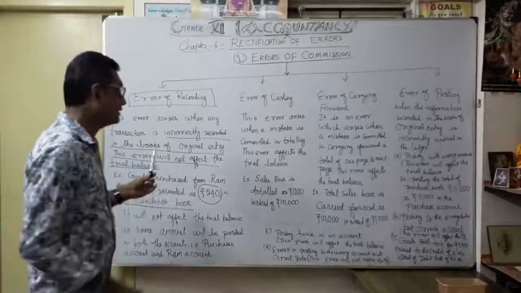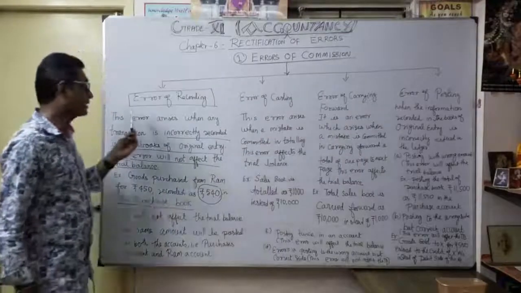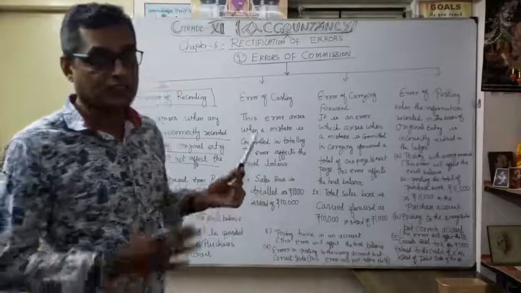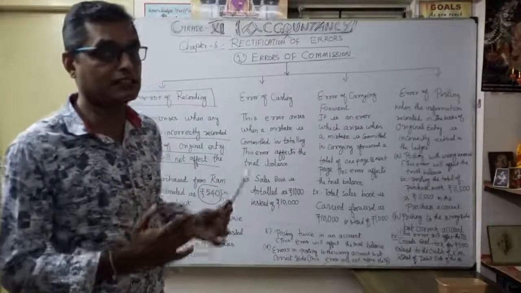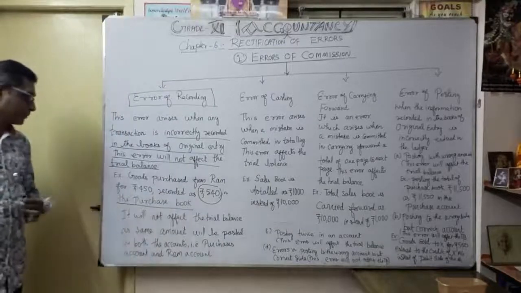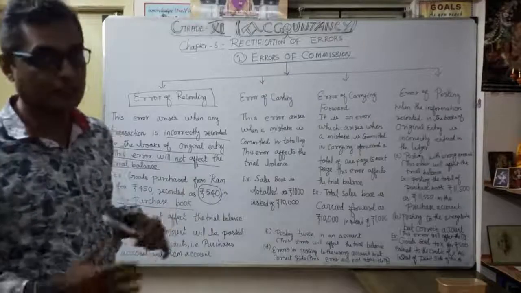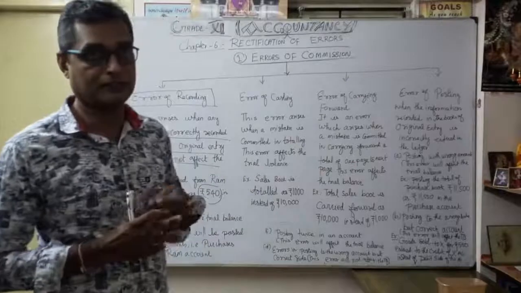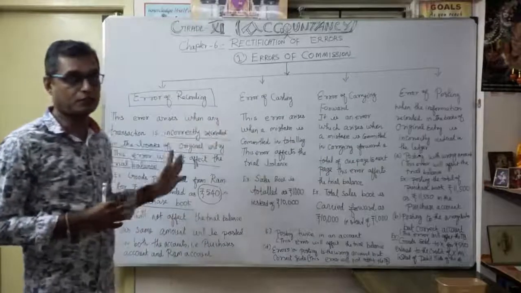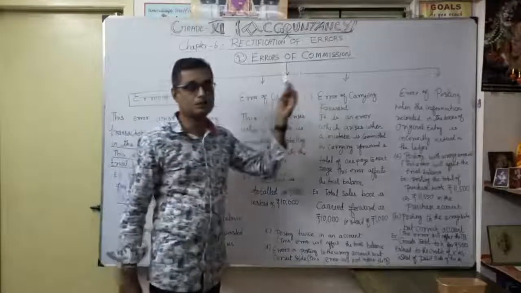So this error comes under error of commission. Under that, what type of error? The error of recording the amount. As a transaction, it is correct, but the amount is wrongly entered. Instead of 450, entered as 540. So the excess is 90 rupees that we accounted. How to rectify it is later. Okay, you understood the first example, error of recording, under error of commission.